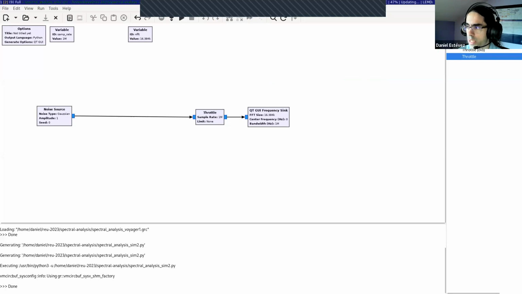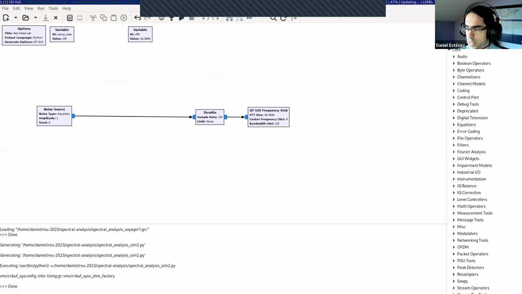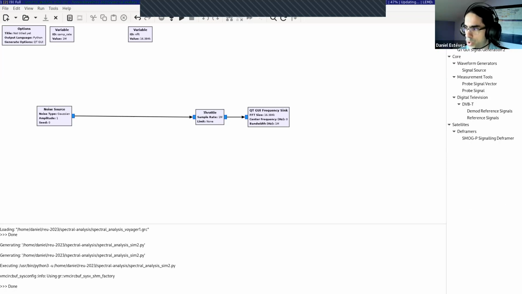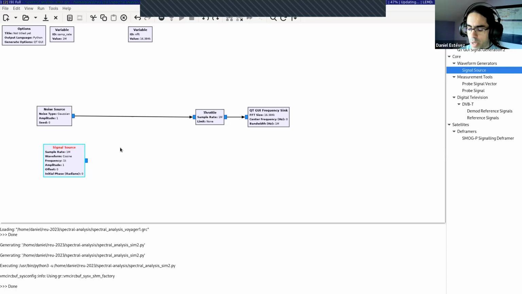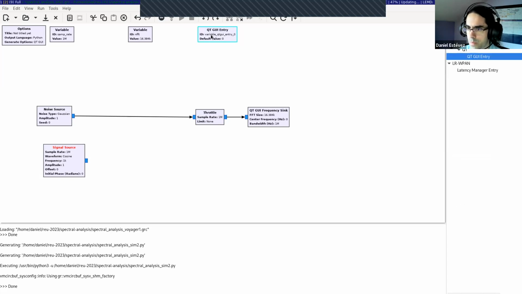And we already know how to do that. We did that for audio signals, and that is done with the signal source. We know that the cosine signal simulates a narrowband signal whose spectrum is just a CW carrier or a Dirac delta, if you wish. And what I'm going to do is to set entries for the frequency,